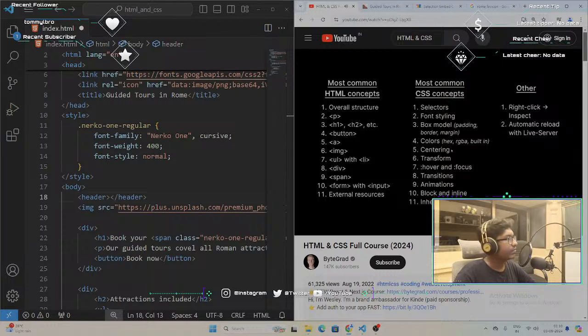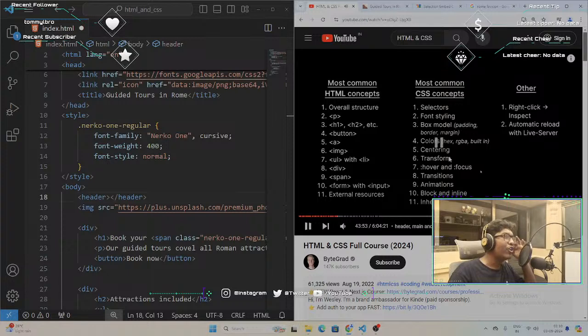So centering is always an important part. This is always something that trips people up. We can use the transform property, as it's called, to rotate elements or to scale them smaller or bigger or to move elements. Now, sometimes when we hover a particular element,